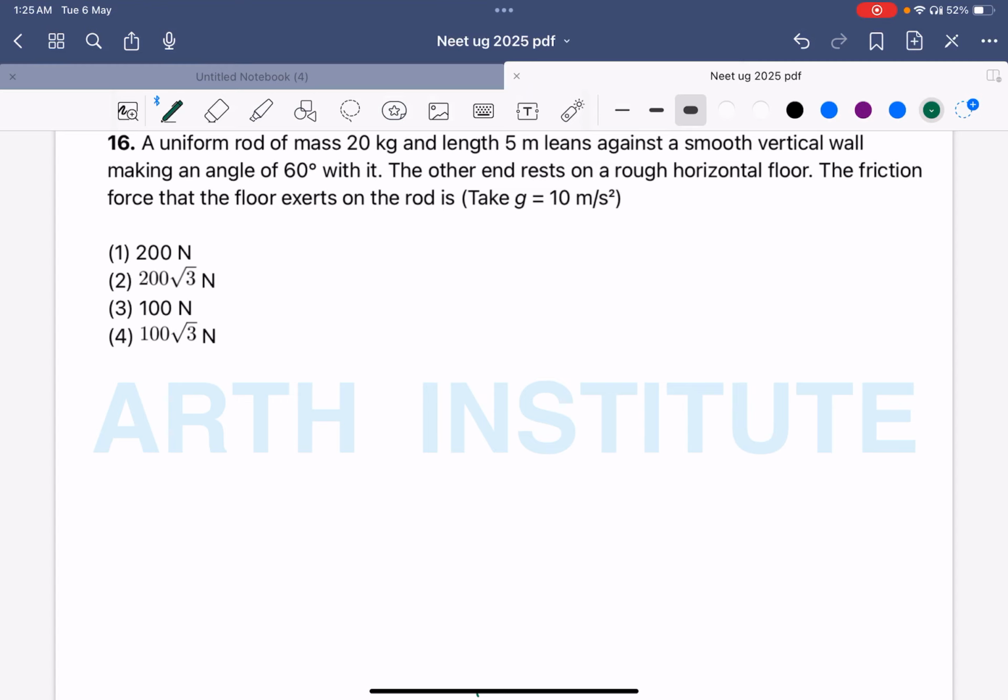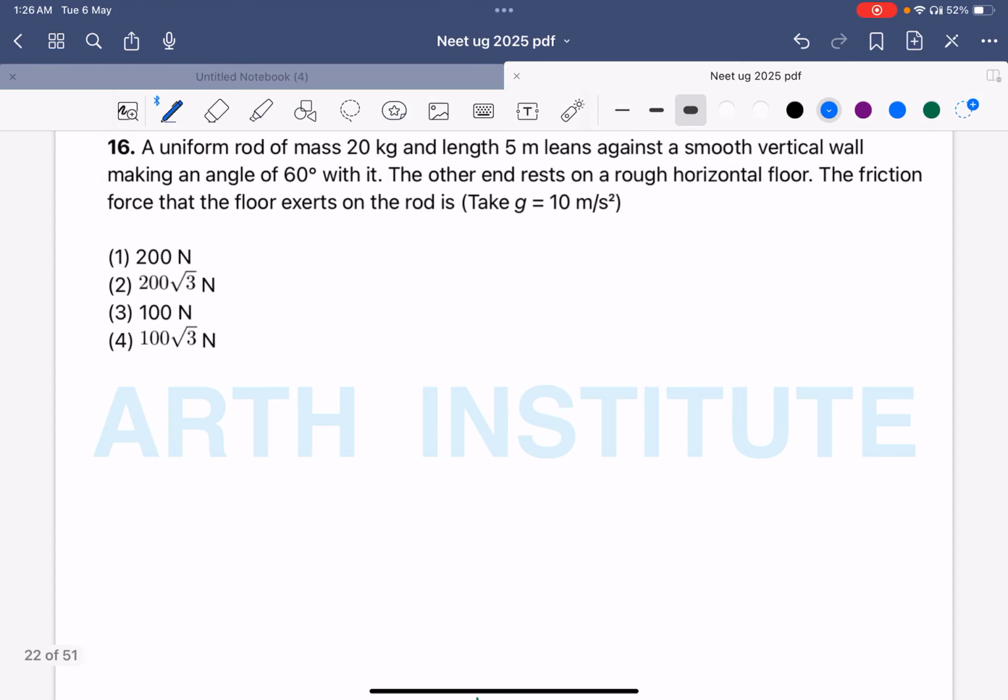यहाँ ध्यान से देख लीजिए। इस क्वेश्चन में एक यूनिफॉर्म रॉड है, फ्रिक्शनलेस वॉल पर हैंग लीन कर रही है और वॉल के साथ एंगल 60 डिग्री बना रहा है। अब कौन कौन सी फोर्सेस काम कर रही हैं ध्यान से देखेंगे। ये वेट ऑफ द रॉड है, और क्योंकि रॉड यहाँ पे रखी हुई है तो इसका एक, because rod is in equilibrium, therefore there will be